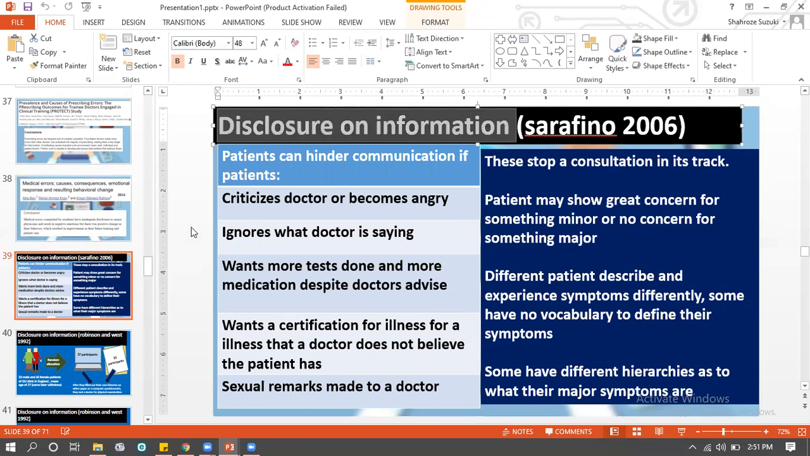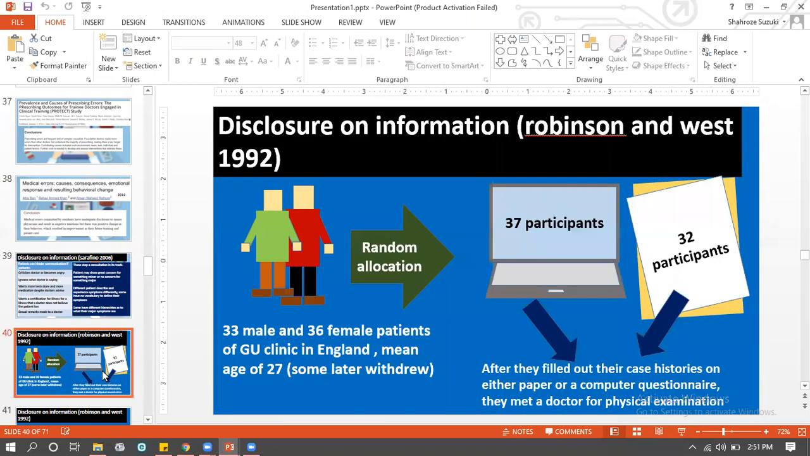For this disclosure of information, slide number 39 is not going to be your main slide. The main slide is going to be from slide 40, in which the experiment is happening. It is Robinson and West's experiment. So what Robinson and West are going to do in this experiment is they want to find out, and you can apply it on your own if you've ever been to a hospital, how you react there as a participant. Robinson and West in 1992 wanted to find out which method of collecting data gets the most